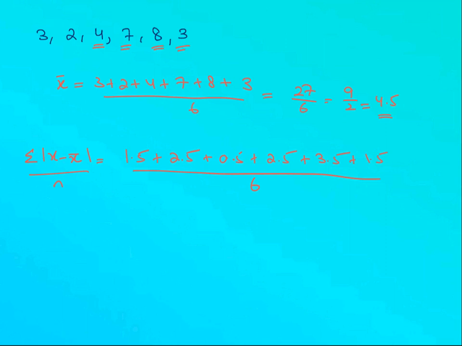Now when I add these, this is 3, 4.5, 7, 10.5, 12. So what I'm doing is I'm dividing 12 by 6. That's 12 upon 6, which is 2. So the mean absolute deviation of this set is 2. You should know how to find the mean absolute deviation. But again, for standard deviation and variance, you just need to know the relationships. That's it.